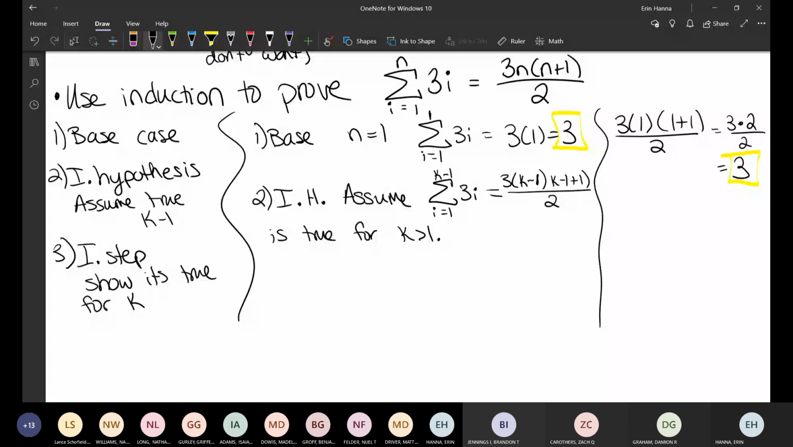So now we essentially want to use this to show that it's also true for k. So for the inductive step,